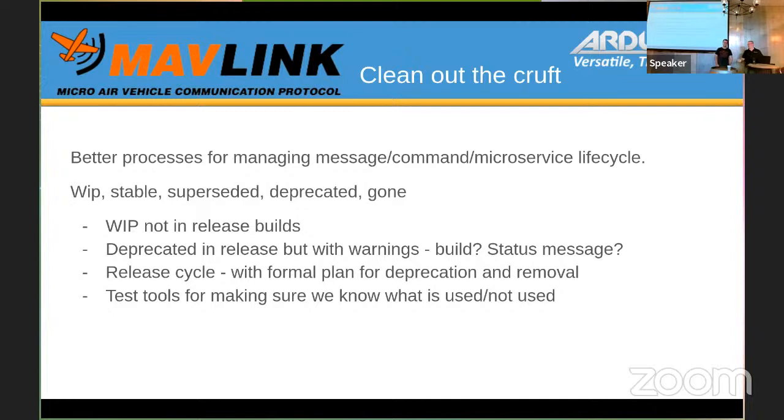So things like the component metadata, the standard flight modes was the last one, and Gimbal V2 went through that. I don't have a link to the actual RFC list in this, but we are about to talk about one specific RFC, just to try to generate some discussion on it and move it forward.